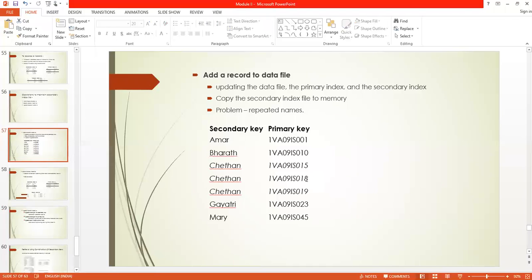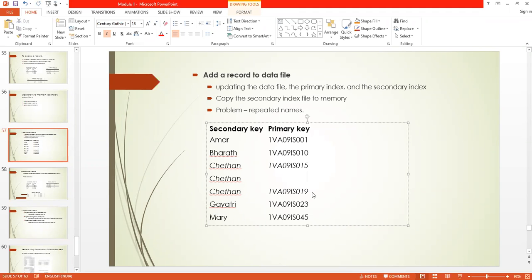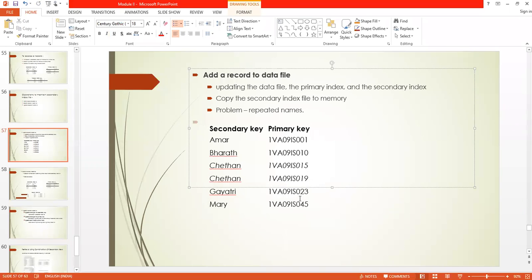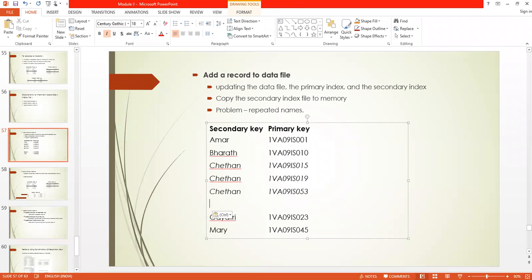Suppose only the USN changes. When the USN is 53, to which position does it go? It will go to this location. So it is going here.